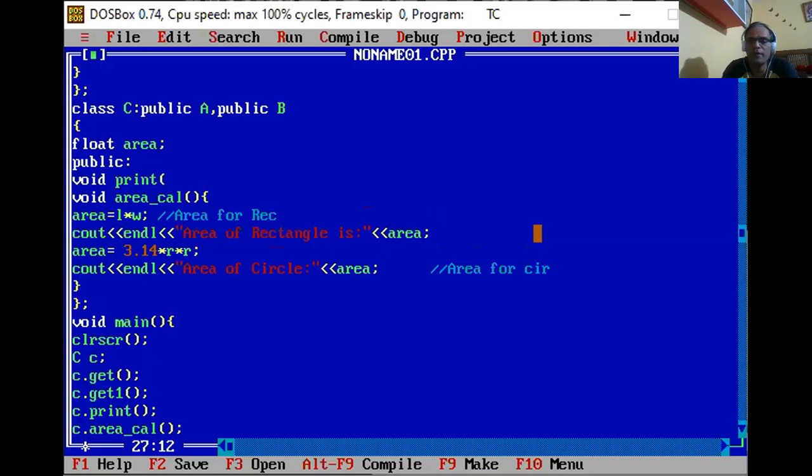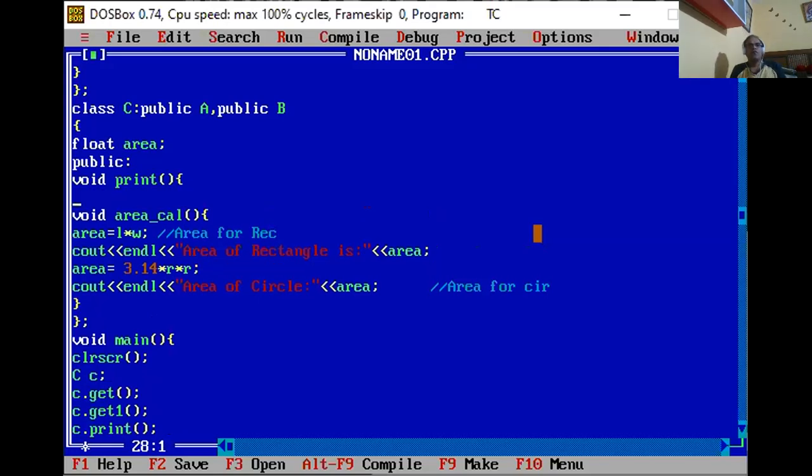That print method prints all the values of the base classes, like length, width, and radius. So you can write here cout first. What is the first value? Length. So length we can print here.